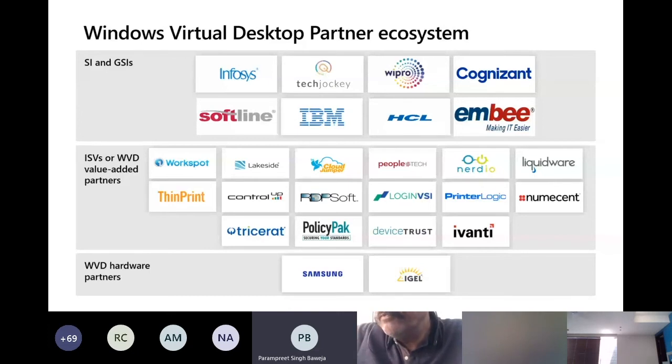Then we have a lot of ISVs and value-added partners who provide their own greenfield solutions over and above the WVD environment. For example, Nerdio is a small organization which provides a management plane to ease your control of how you operate and manage the overall WVD environment.